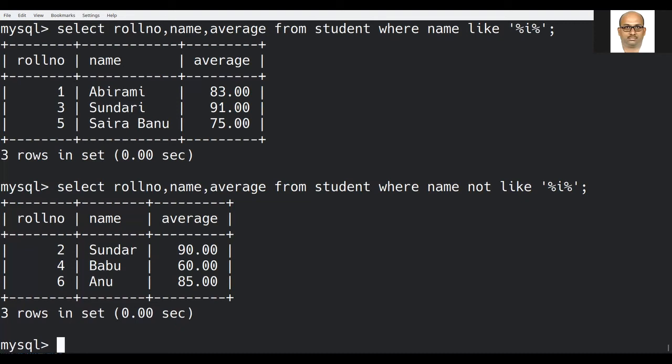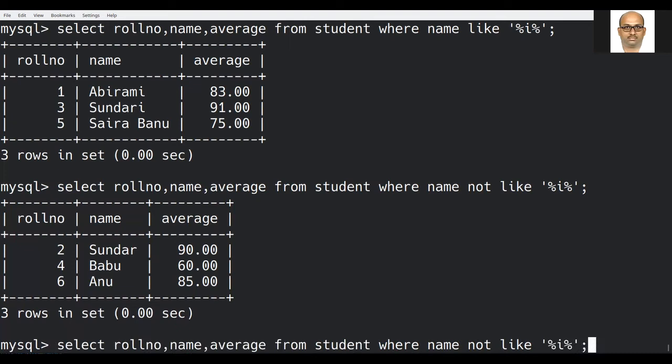Other than this, with respect to pattern matching, if I'm trying to give 3 characters, it means select the roll number, name, and average of the students who have exactly 3 characters.